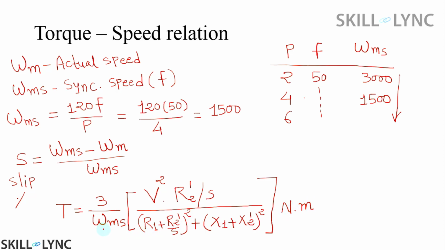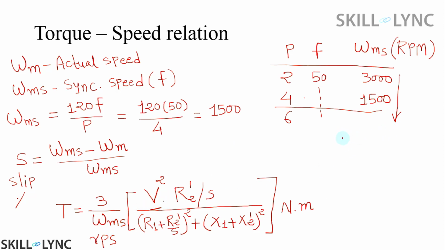provided this value is in radian per second, and this value is in ohms, and this is the per phase voltage. So remember, when you put this equation, you must consider which type of connection you are considering. So if I tell you to find out the speed torque equation for a 4-pole 50 hertz motor, you can put here this omega ms value, which is in rpm. You have to convert it into radian per second here, and if I give you the voltage value,